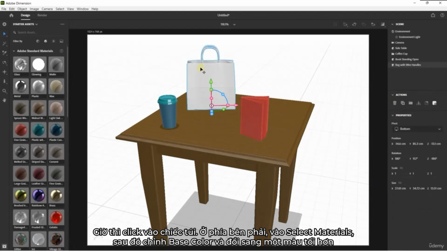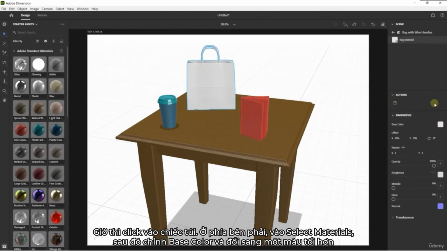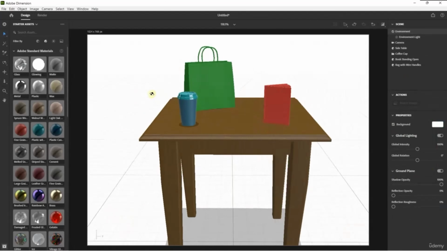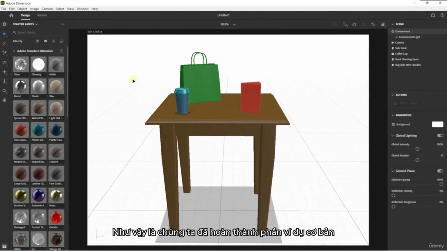And click on the bag, same principle, I go on the right and go on the options, bag materials, base color, and let's activate another color like this. So after doing this work, as an example,